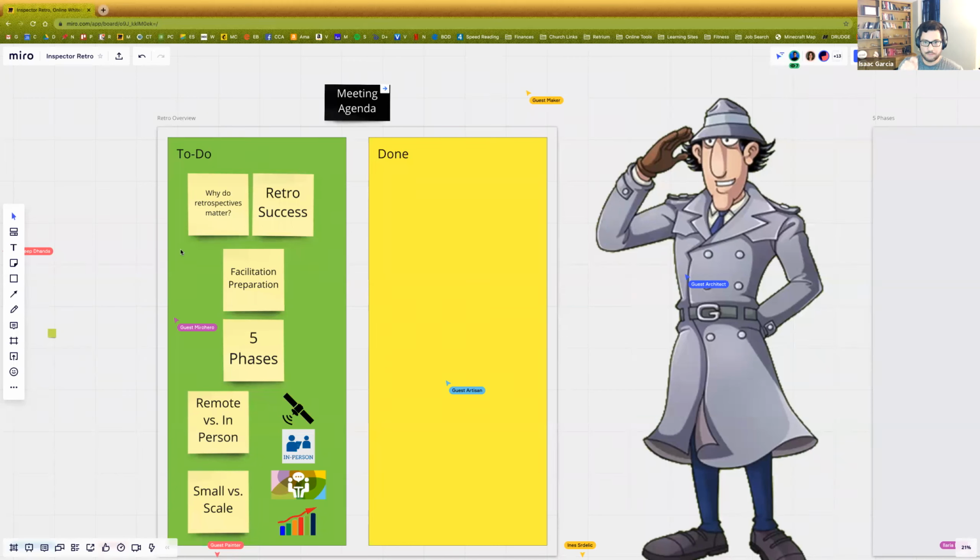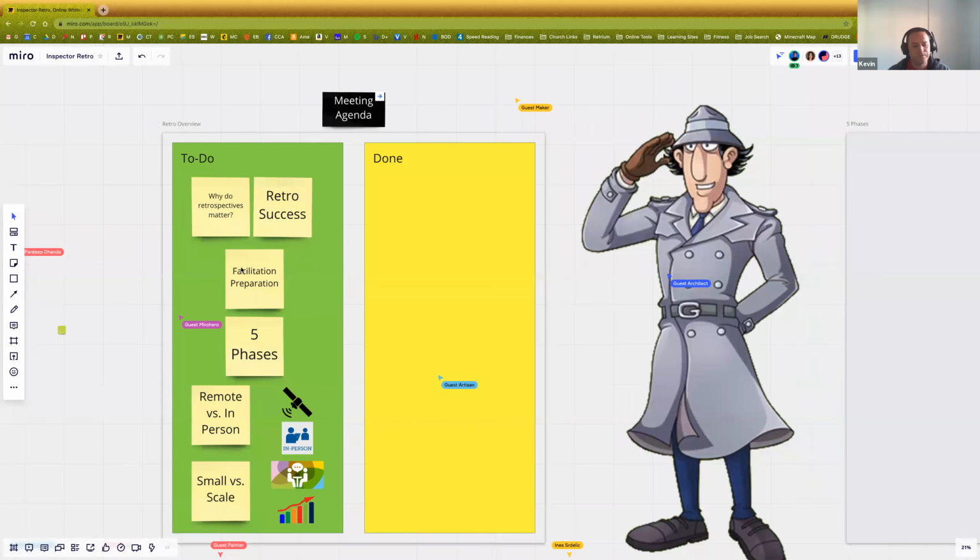And so what is your role in a retrospective? So I don't know on this group if we have coaches here, if we have scrum masters, if we have product owners, if we just have managers. I'm not sure who else here, but I can tell you this, at a minimum, you need to be an advocate for retrospectives. You need to believe that they matter. And if you're not convinced that they matter, please direct message me on LinkedIn. I would love to have an extended conversation with you about why they matter. But if you believe it, then you want to be a participant, you want to be supporting the effort, and you may be in the position where you're asked to lead one, where you're asked to be the person who actually facilitates a retrospective. So what does that mean?